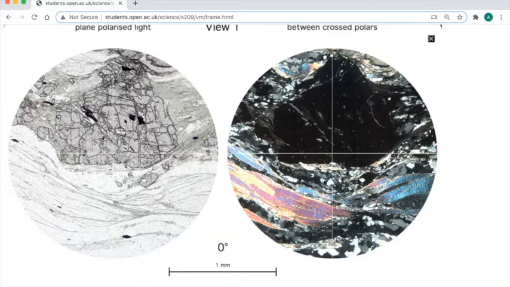However, when we view the mineral between crossed polars, we see something very different. This is where we see our interference colours. So the micas down here have these high order interference colours. So they're quite bright but washed out. And this is because mica is highly birefringent, so we get a large path difference between our rays of light